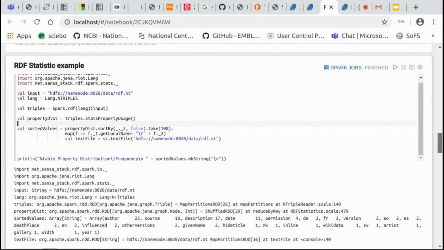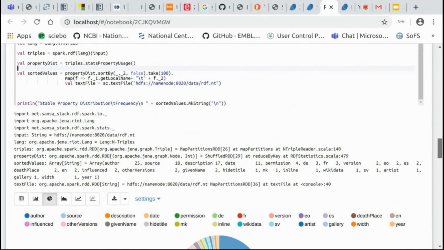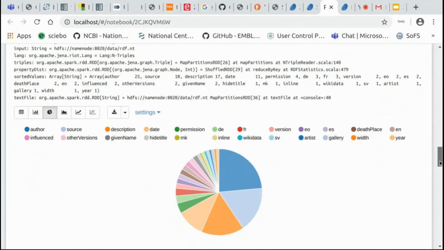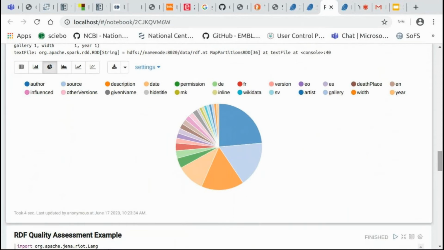And SANSA, through the notebooks, is able to directly extract and draw nice charts. So we can go maybe directly to the pie. And this is an example of how distributed the various properties are inside your graph. So if you hover, for instance, on the pie, you have the various information that is spread.